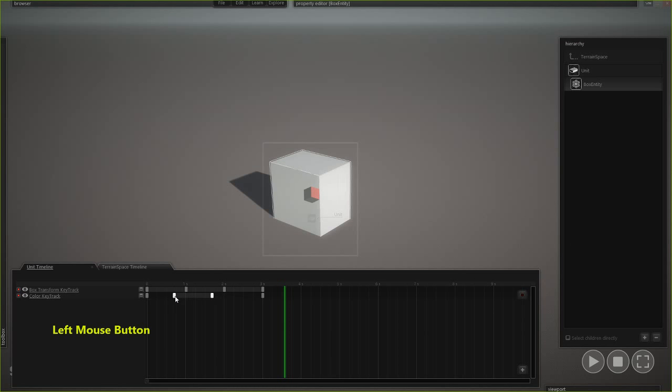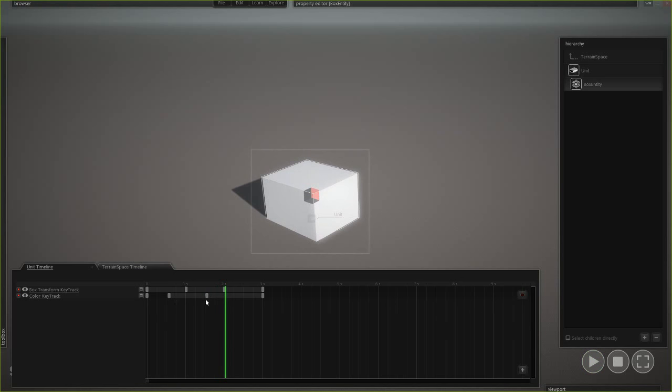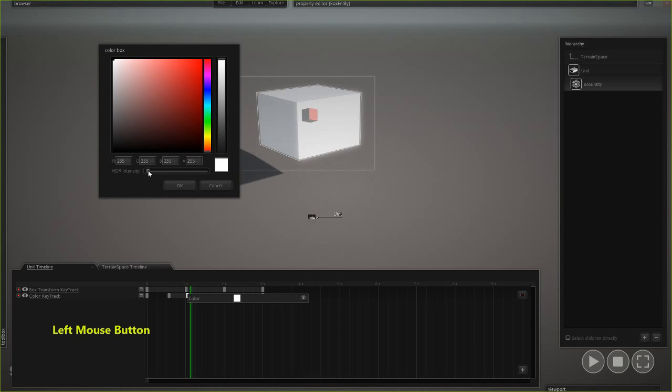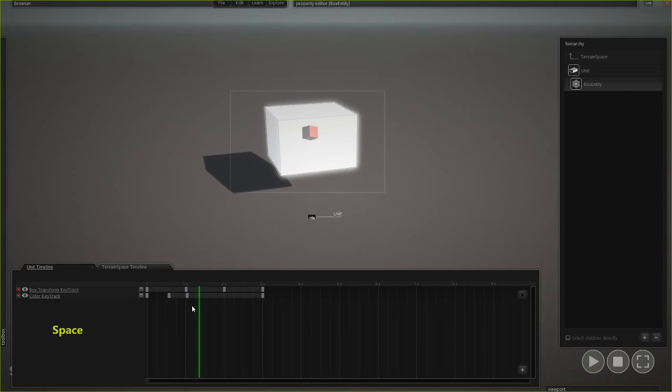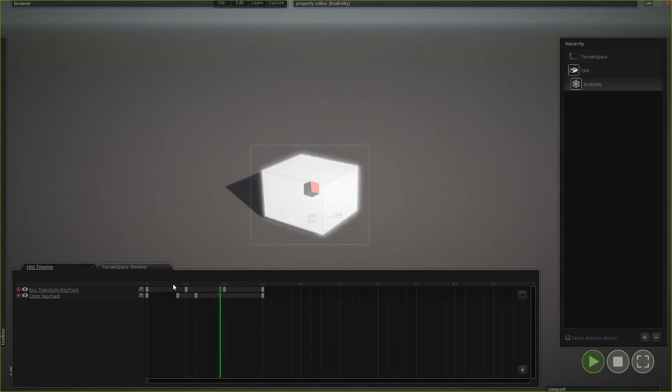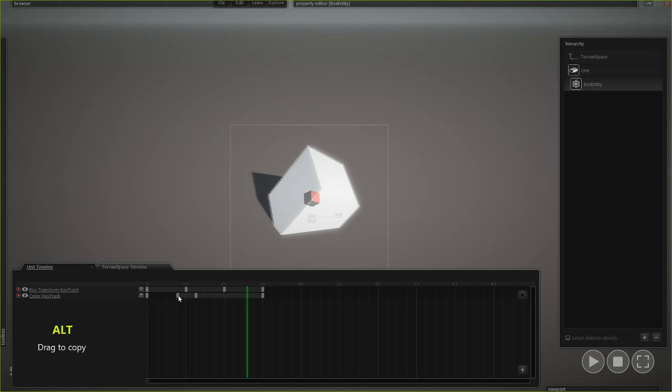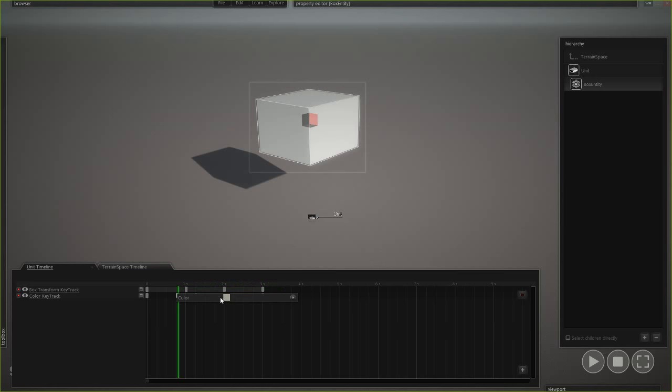Kind of incorrect. I want the brightness to happen here. So you can multi-select and move your keyframes around. Not bad. And then I can also clone this one away. If I right click the keyframe, I can see what it is. I can hold down Alt and drag away a value. So now I've got a dimmer white, a brighter white, and a dimmer white, which will get me the effect of